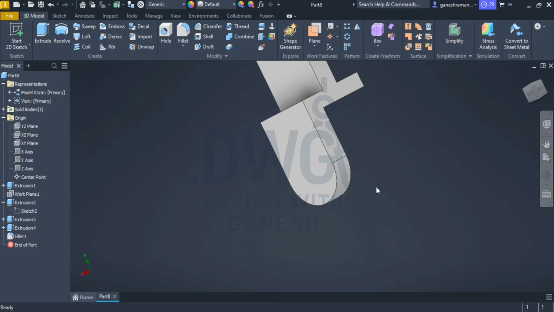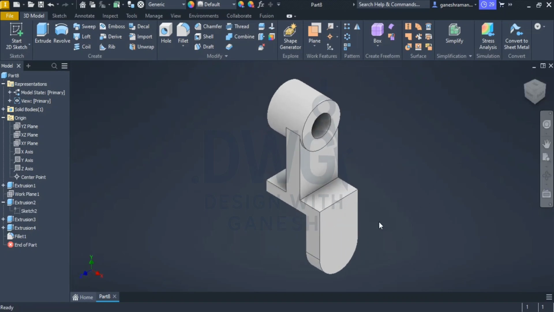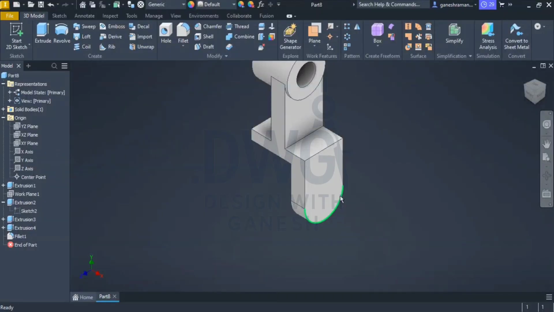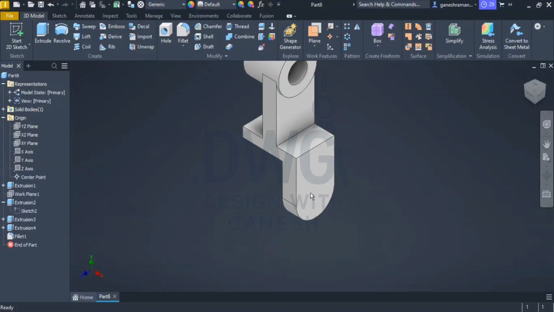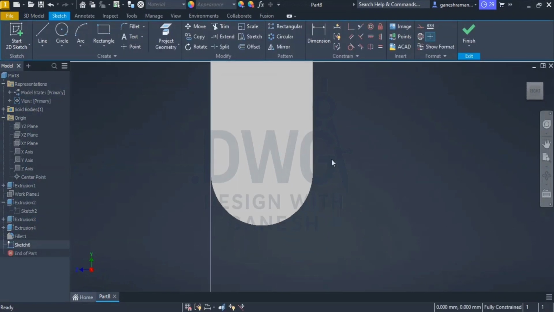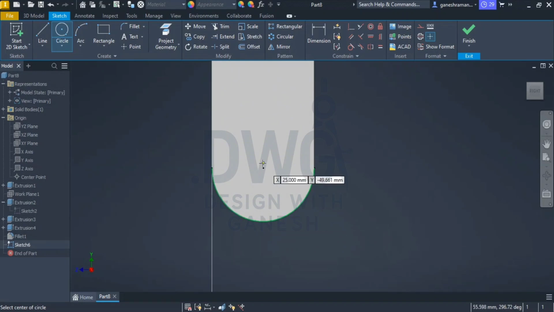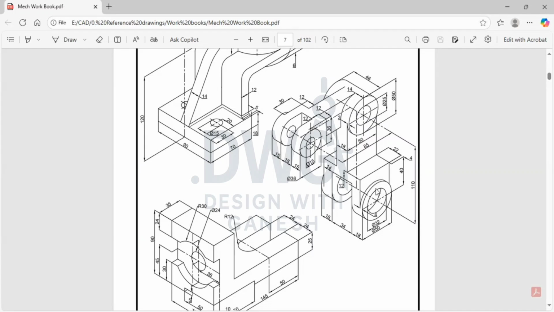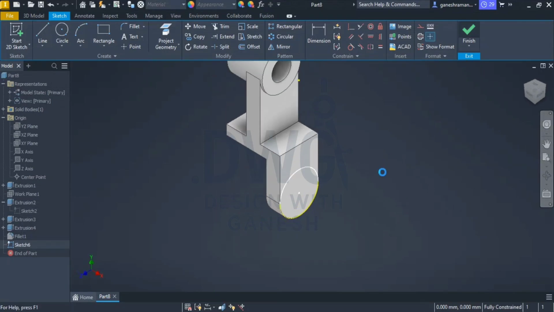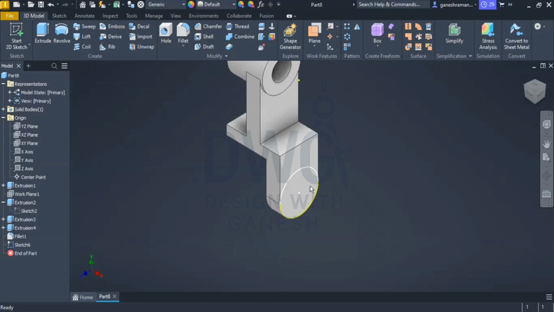Now this is okay for me, so isometric view again. Okay, that's fine. So select the surface, and here add a sketch. Select a circle option and center point, and make one circle like this, and make another circle also. Okay, so let's delete it and finish it and extrude up to 4. So extrude